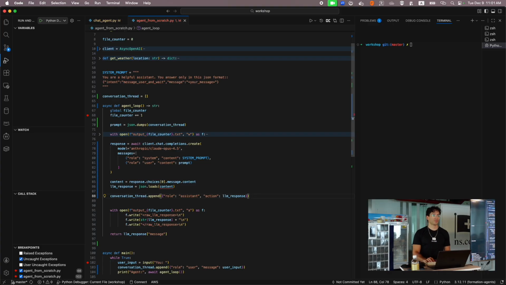Is this enough for memory? You should use the conversation thread. Yes, you should use it. We're using it here. So if we try this,